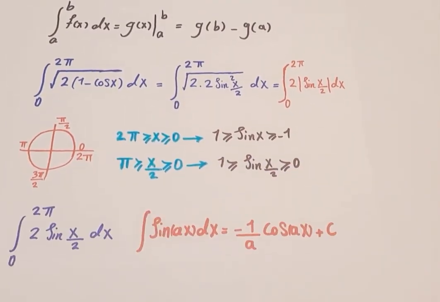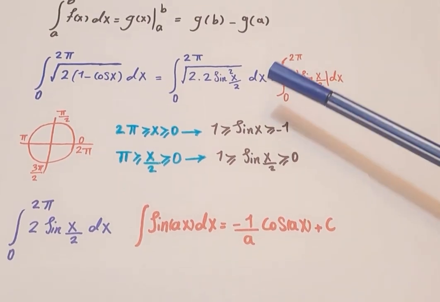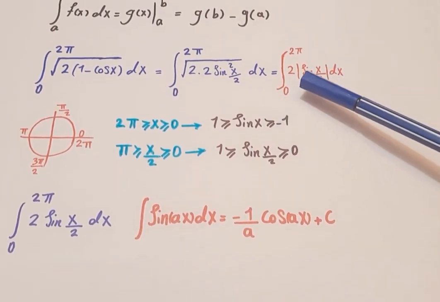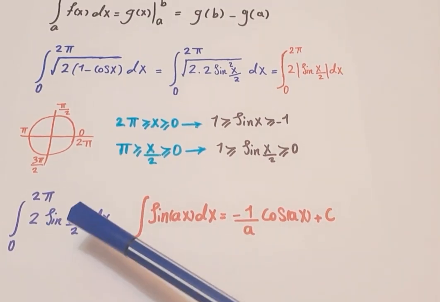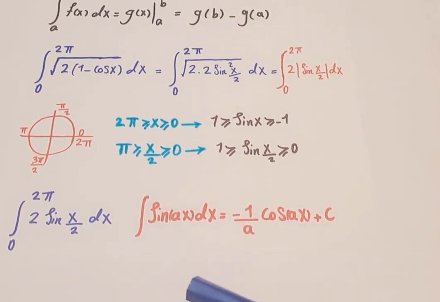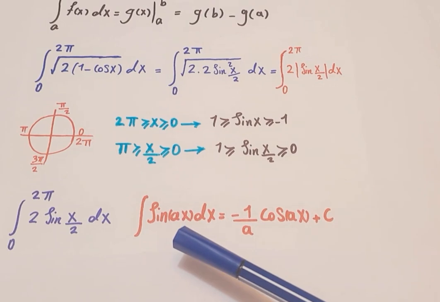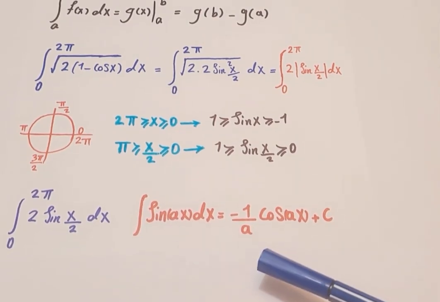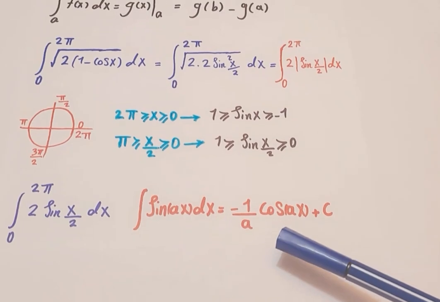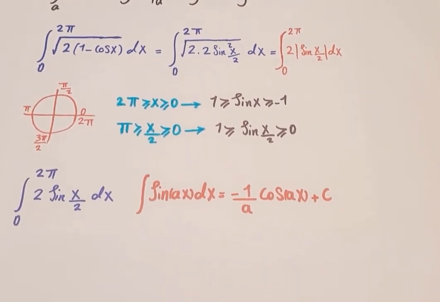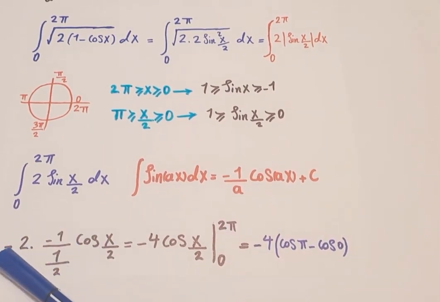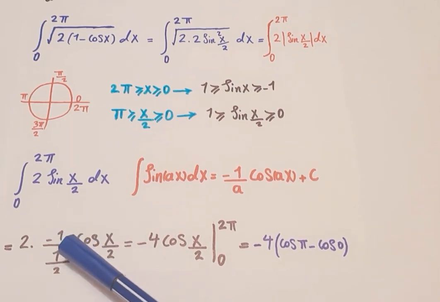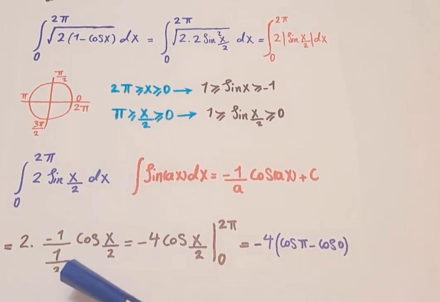Now I can write our integral without that absolute value. Why? Because that was positive. Now I have the integral from 0 to 2 pi of 2 times sine of x over 2 dx. And here we know that the integral of sine of ax dx is equal to minus 1 over a times cosine of ax plus c. If I use this, our answer will be equal to, here we had 2 times minus 1 over 2, because we have x over 2 here, times the cosine of x over 2,